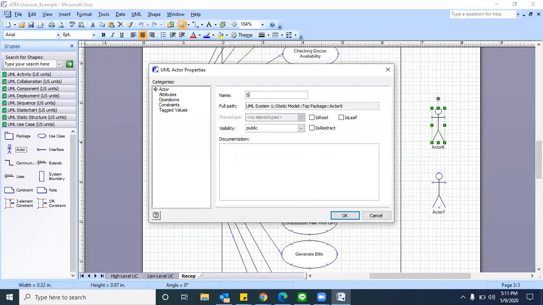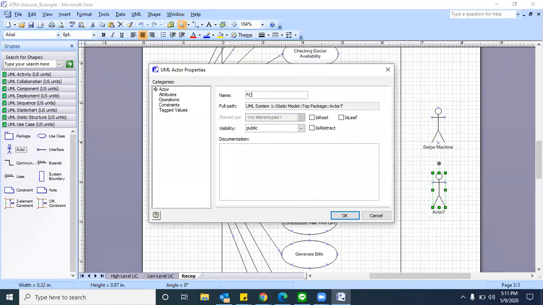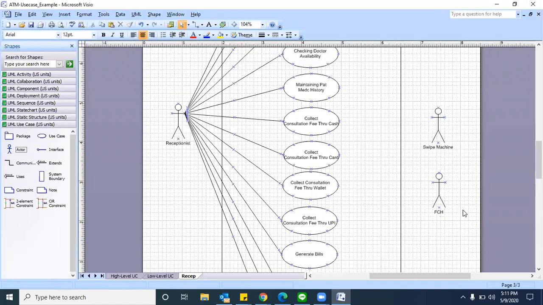Sir, can you help us out with this? Because we are not very aware of this. FCH is nothing but a financial clearing house, because when you are making payment straight away through a wallet, the wallet should be authenticated by some authority like RBI, right or wrong? For UPI or wallet, some authentication should be there. Once the authentication is completed, then only the funds will be transferred to the other account, right or wrong? So at a high level, how should the scenarios be? We have to Google it, sir.